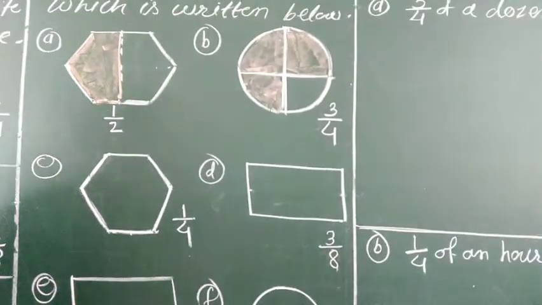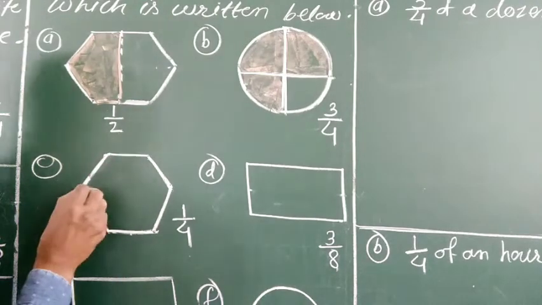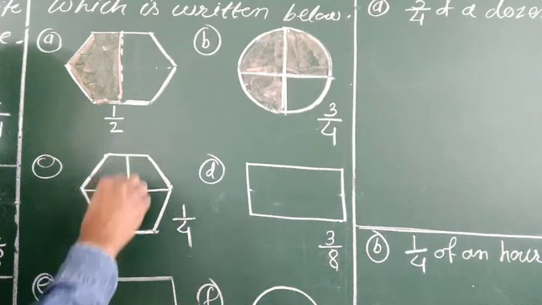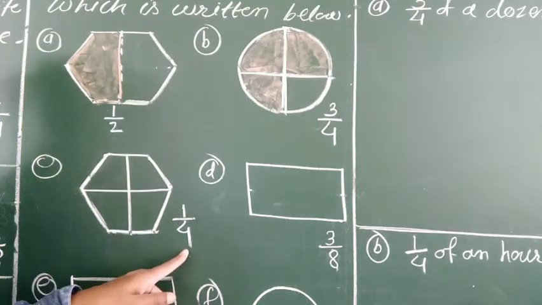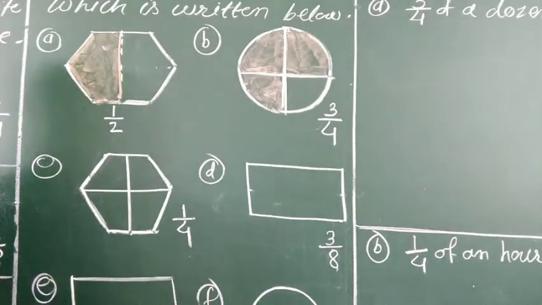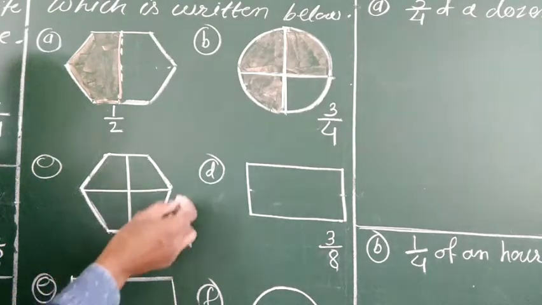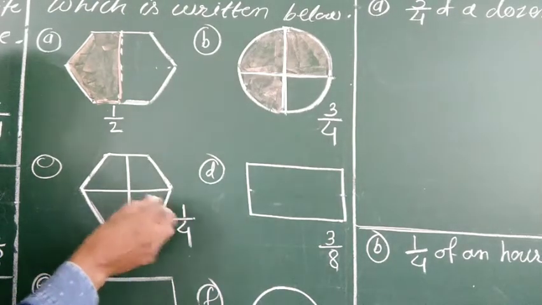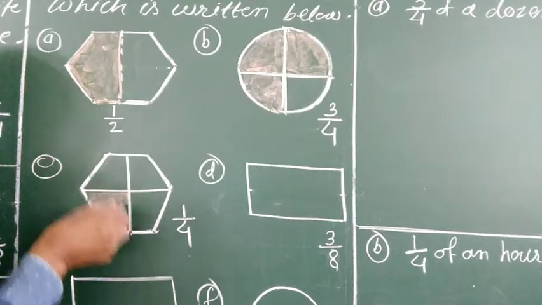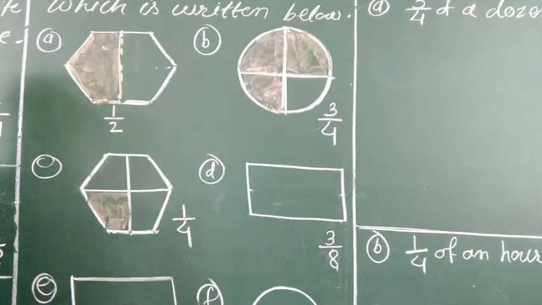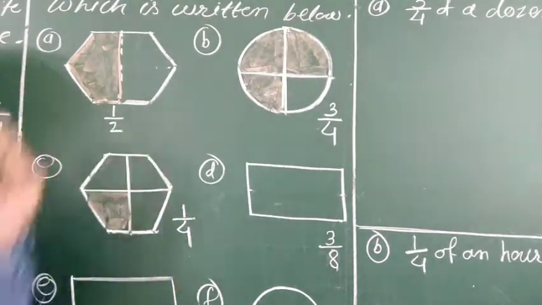Now next, it is 1 by 4. It is what? 1 by 4. So how many parts do you have to make here? हमें यहाँ पर कितने parts बनाने हैं बेटा? First of all, we have to make 4 parts here. Because the number 4 is given in the denominator, we have to make 4 parts, and then out of these 4 parts, we have to color 1, as 1 is the numerator. In the numerator, so we have to color only 1 part. अब हमें यहाँ पर कोई एक part color करना है. So this is the 1 by 4 fraction colored part.